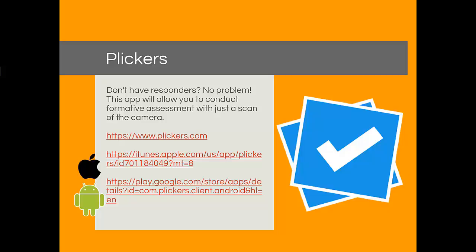Now it limits the choices for students to A, B, C, and D, but it allows you to ask a question, whether you do it on the fly or have a pre-planned question that you ask them. You ask that question, and at a glance, you can see exactly who knows it, who doesn't know it. I think it's much more effective than the thumbs up, thumbs down, because each Plickers card is different and each one is assigned to a particular student.